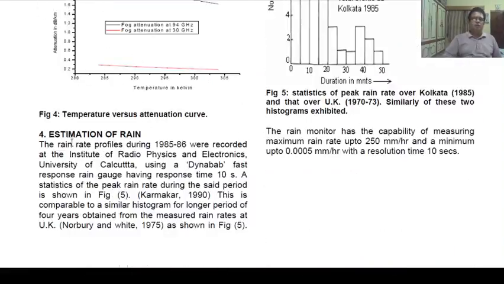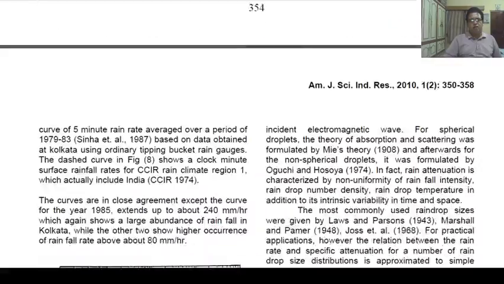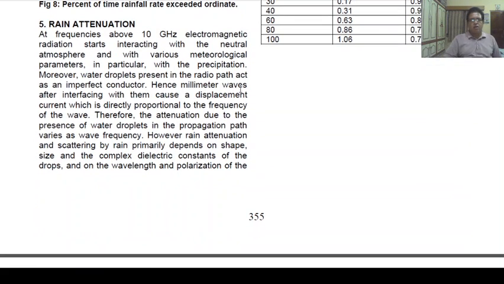Rain attenuation at frequencies above 10 gigahertz: electromagnetic radiation starts interacting with the neutral atmosphere and with various meteorological parameters. If frequency is greater than 10 gigahertz, then the electromagnetic wave interacts with the neutral atmosphere and with other meteorological parameters, in particular